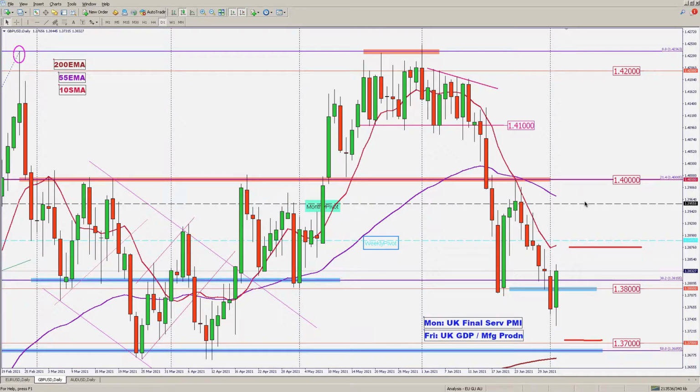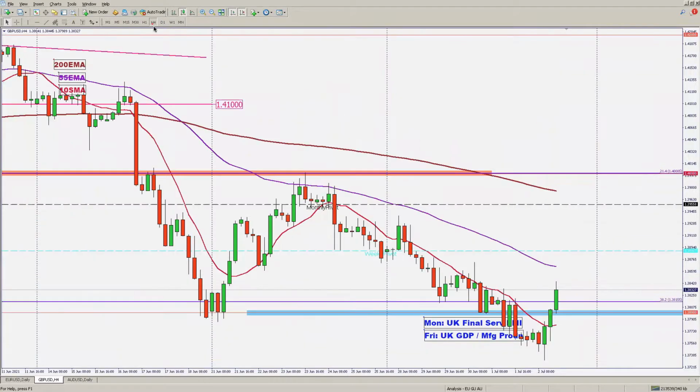Okay, the new monthly pivot is lower from the previous month, drifting lower down to 139.56. And this week there's only some minor news with UK GDP on Friday. And let's switch to the 4-hour time frame just to see there was a strong bounce on the Friday, and